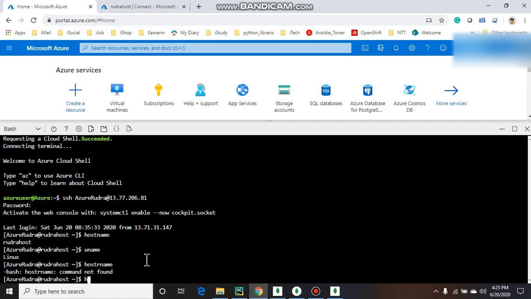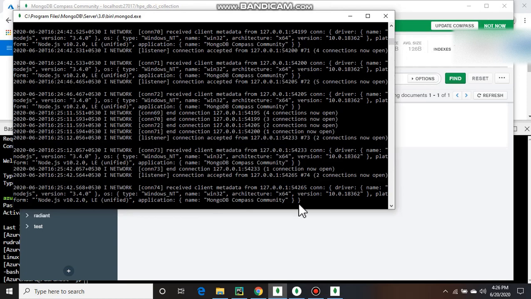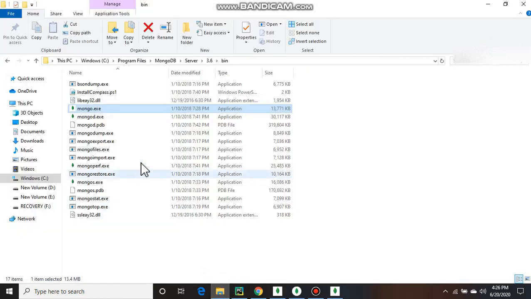Then I connect with a target host, run a couple of commands, get the outputs and store them in a database. I use MongoDB. For that you need to install the Mongo database on your local machine. First of all you need to start the MongoDB service. You have to go to the bin folder of Mongo and click on the mongod.exe file. Then the service will start automatically.